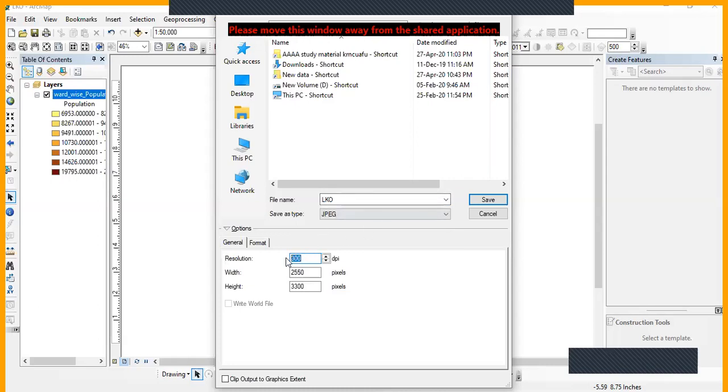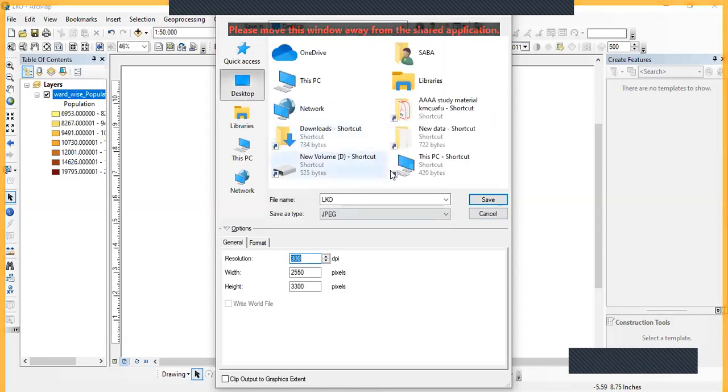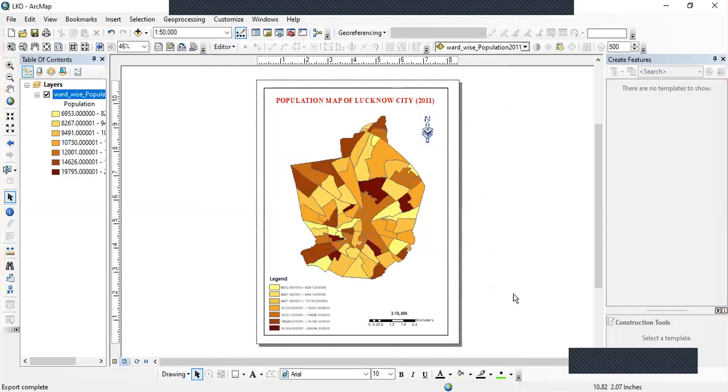So I'm going for 300, going to save it on the desktop. I'm going to save it. So my export is completed, as you see over here in the left corner. Now I'm going to minimize this, and here we got our map.